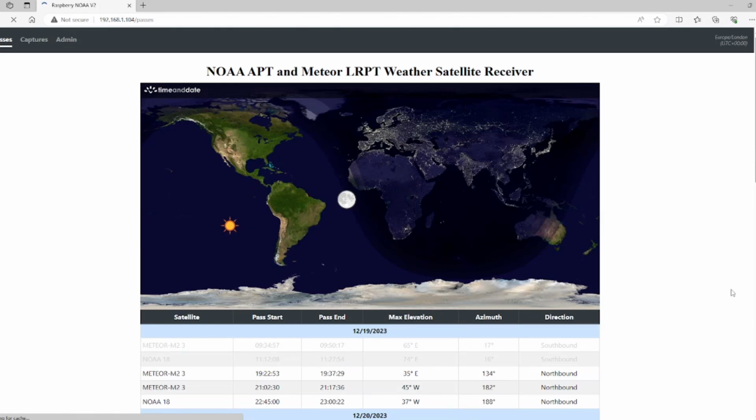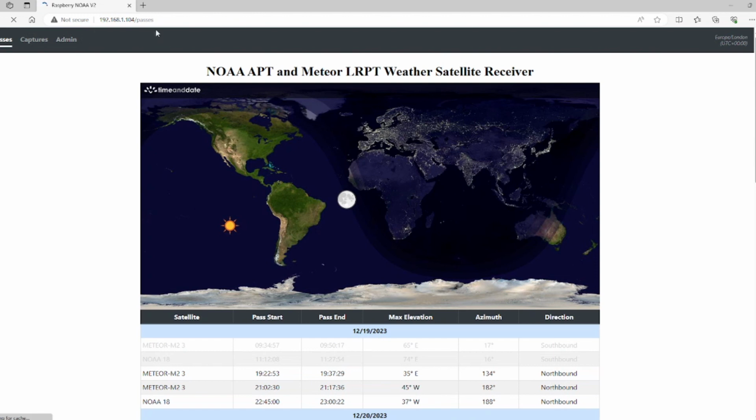And in this video I thought I'd just show you some captures from the NOAA and Meteor satellites that I've received recently. A few people have messaged me on a few social media sites that I've shared the images with, and I thought it'd be nice to just show you some various different images that have actually been captured. So we are logged in at the moment, so let's just go over to captures and have a look there,